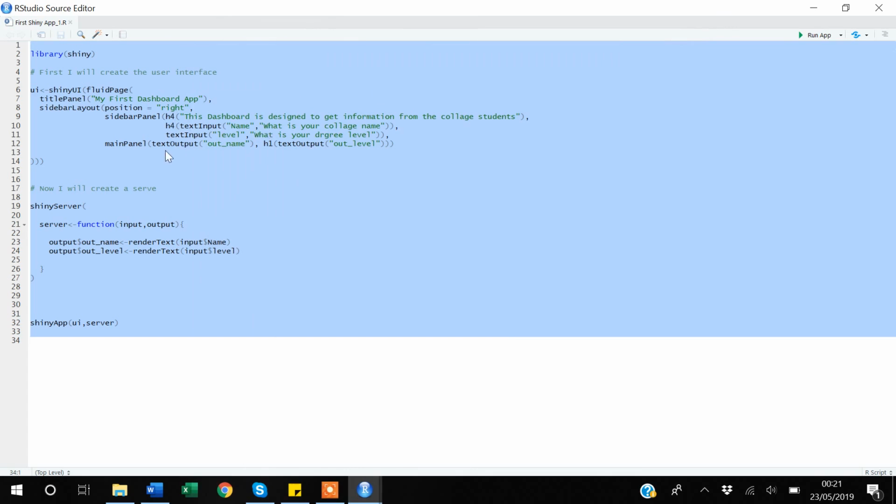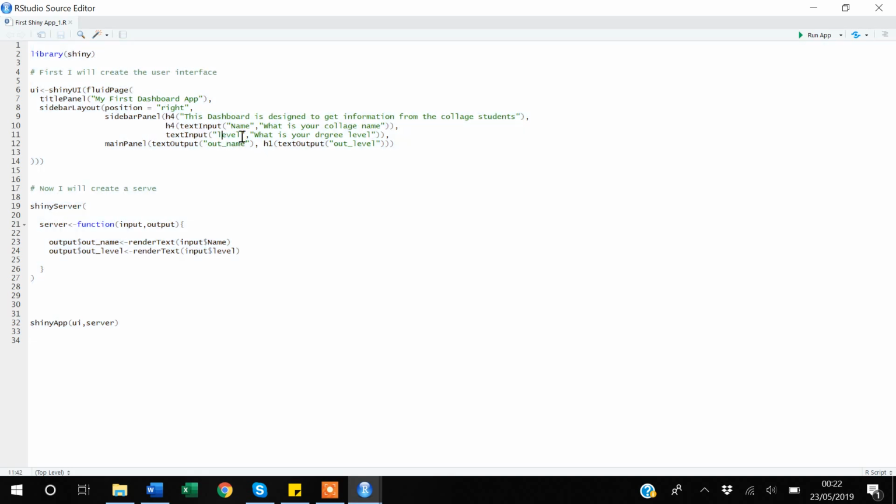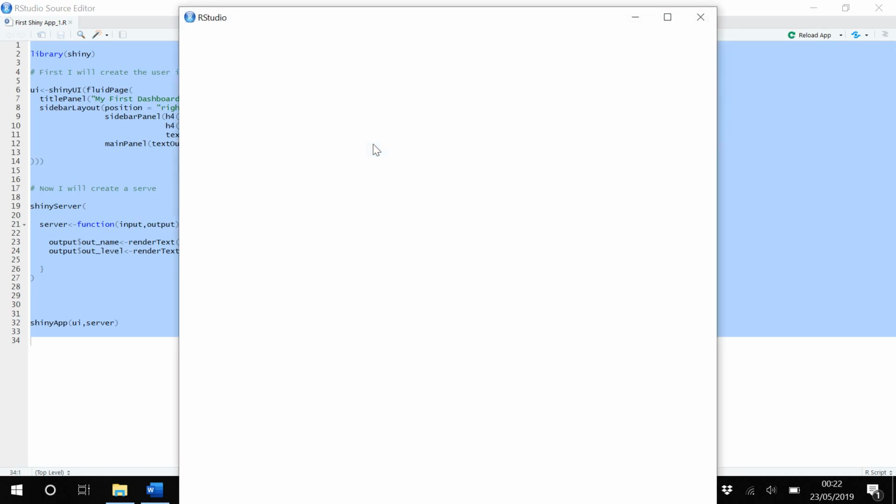And after mentioning the heading, what I am doing is I am saying I want a text input. So what is the text input? Under the text input you can write whatever you want, and whatever you write will get saved into this level input object. And I want that text input box to be labeled as what is your degree level. So let's say if I execute my code, Control A, Control Enter,